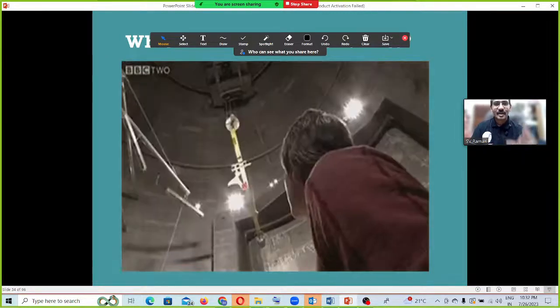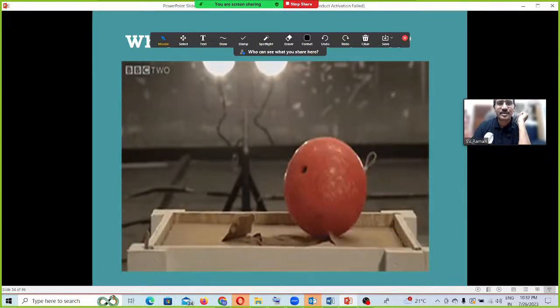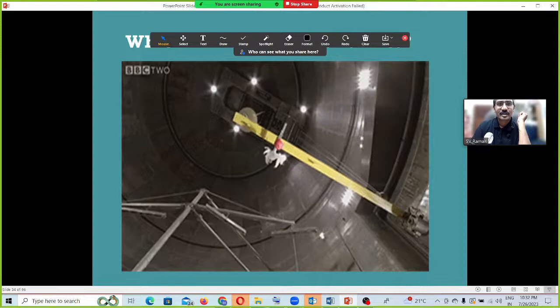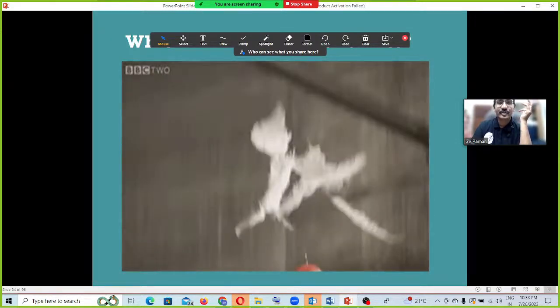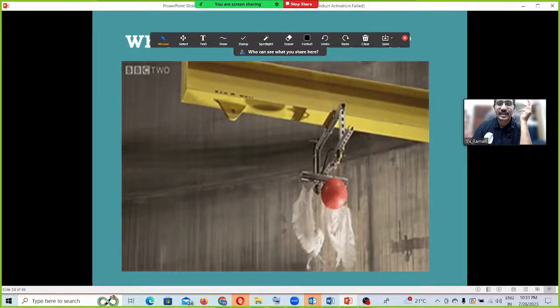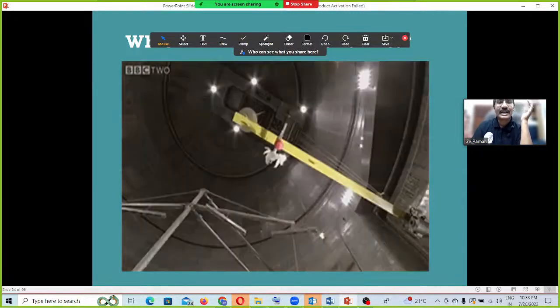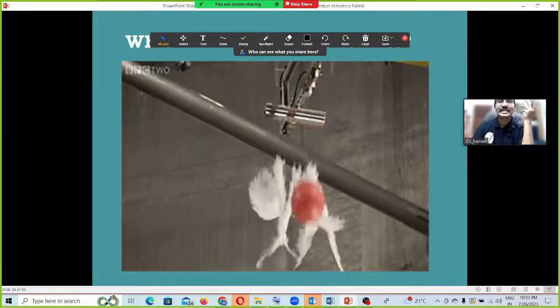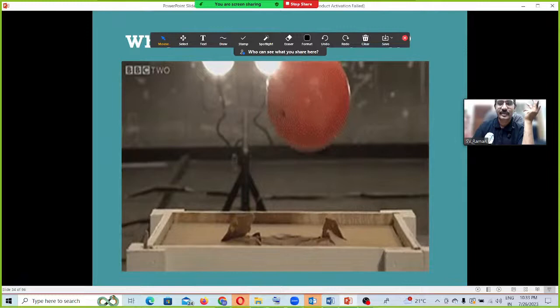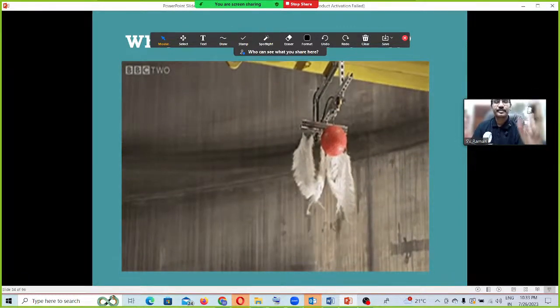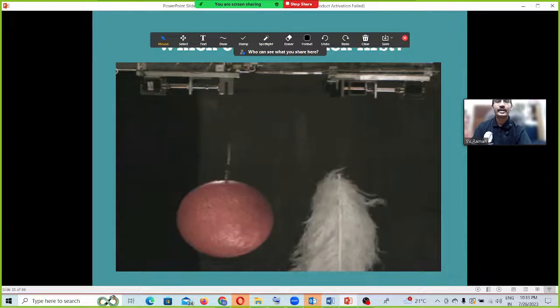Now you can see what is happening in this vacuum chamber. They have given one object with more mass, more weight, and the other with less weight. Normally what happens, the heavier object will reach the earth first, and the lighter one will reach later. Generally that is what we observe in nature. Now what we are doing, both are